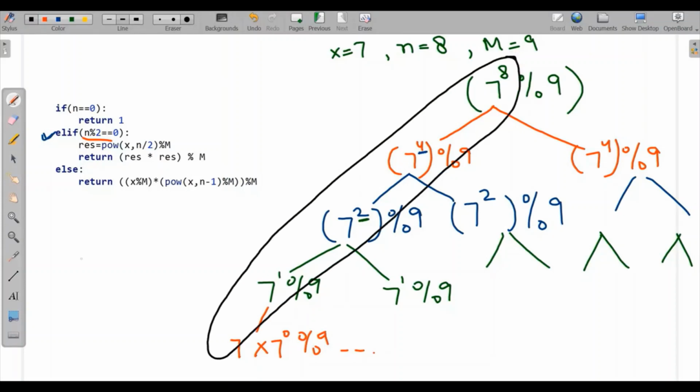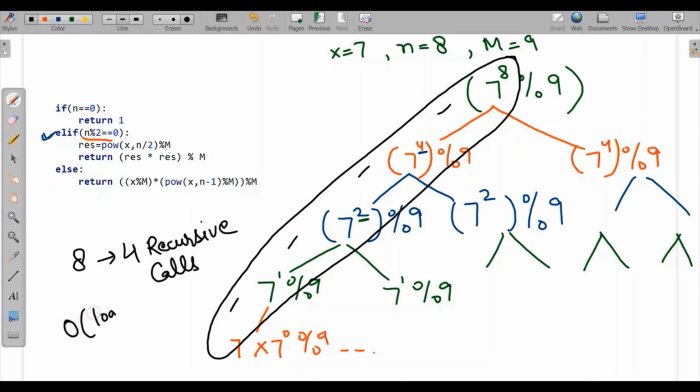As it is 8, it will have just 4 recursive calls. So it will save our time and it will be order of log n. Though we will discuss this in an elaborate way, for this the time complexity is order of log n. So this gives us a recursive Python program to calculate x to the power n mod m. Time complexity is order of log n, which is quite efficient.